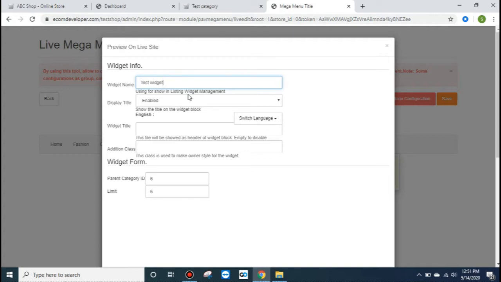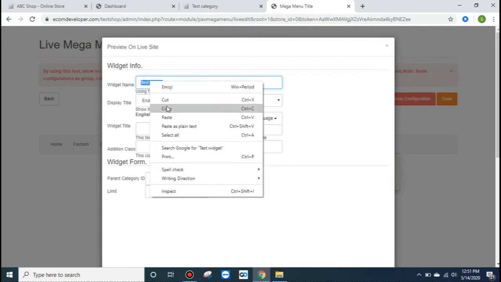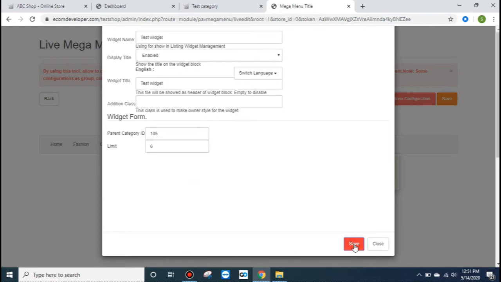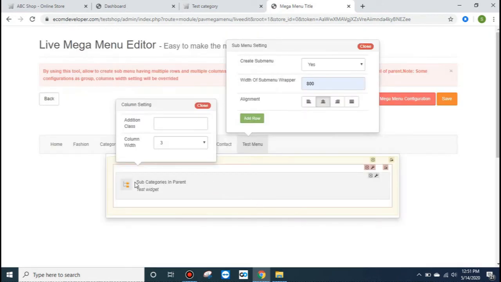Okay, display title, enable display title. Okay, now parent category I will put 105, and the limit is 6. This is the limit for subcategory, and we have just one category right now, so only one category would be visible here. Click on tab button on your keyboard and you can see it, save it. So I can see this is created.